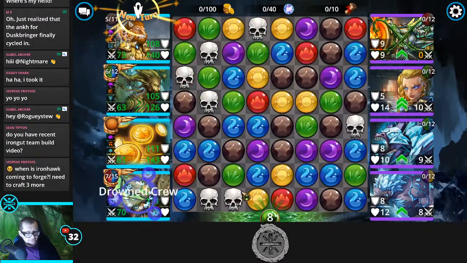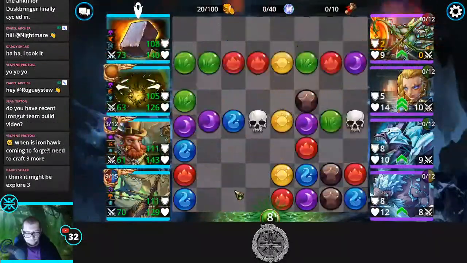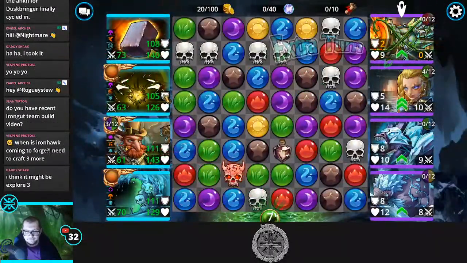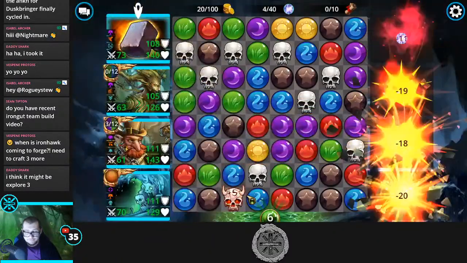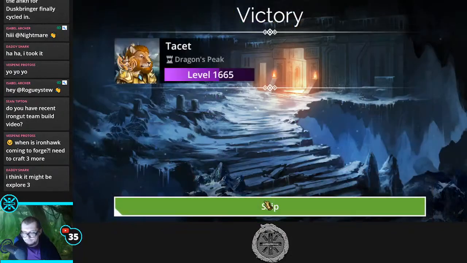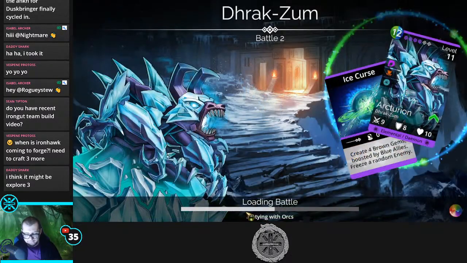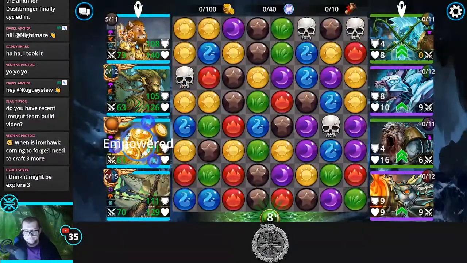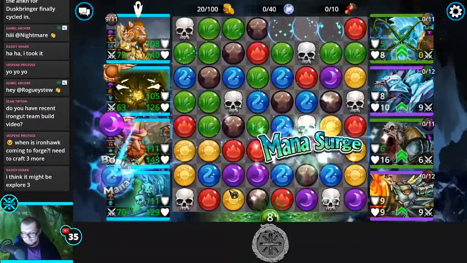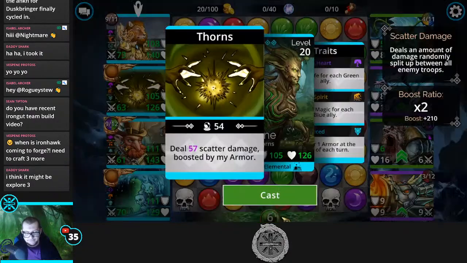Do you have a recent Iron Gut team build video? Oh yeah, we might cover a video specifically on Iron Gut this week. Might even do that tomorrow. We'll see. Do it tomorrow, Wednesday. But yeah, he's one of those mythics relevant enough that we probably should cover him in a little bit more depth this week. He's the best faction troop in the entire game, which is pretty relevant because if you're looking for a nice solid option that can help you do factions, that is the thing to obtain,